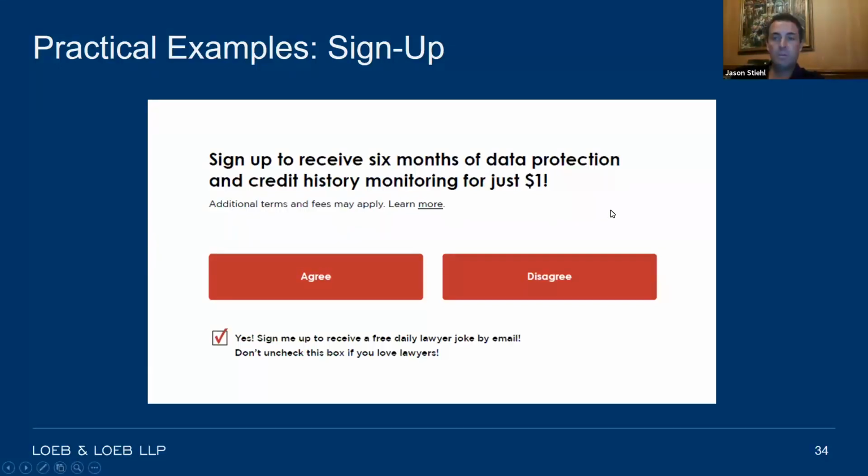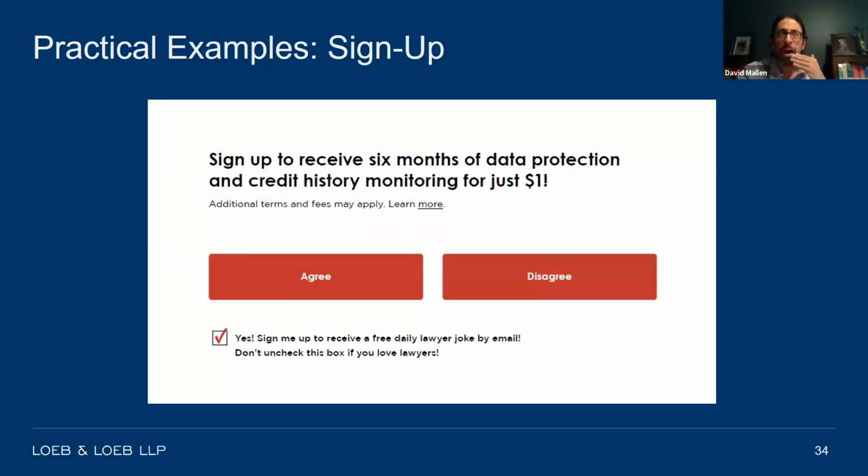I don't know, David, if you had something else to add on this one. Yeah, you make the very good point that there are a lot of elements going on. Here the colors of the boxes are the same color, but on the other hand, you have this confusion, agree and disagree. Those aren't really the right words for something like that. And one of the really interesting takeaways from the FTC workshop was that these very subtle forms of what they call dark patterns tend to be the most insidious ones because they're the most effective.